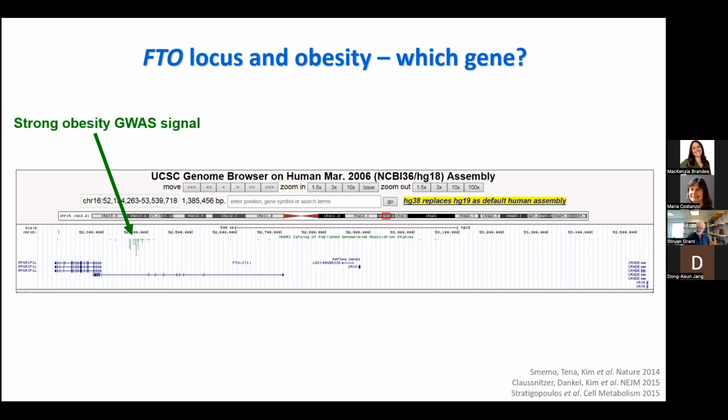However, these 3 studies that are shown in the corner here, coming from Chicago, MIT, and Columbia, really added context to this locus. So in the case of the first 2 papers looking in fat or adipose, there was evidence that, in fact, this non-coding region was actually driving the expression of IRX3. Furthermore, the MIT study not only showed IRX3, but also implicated IRX5.